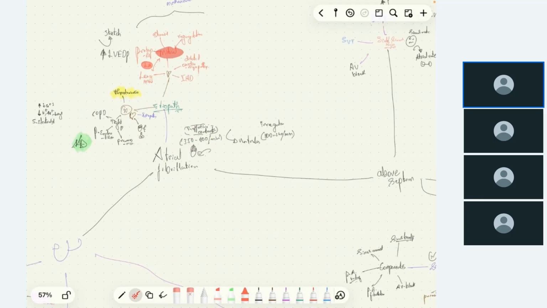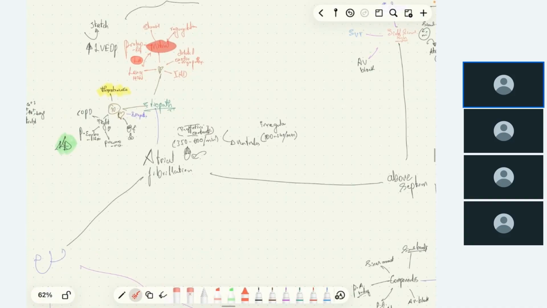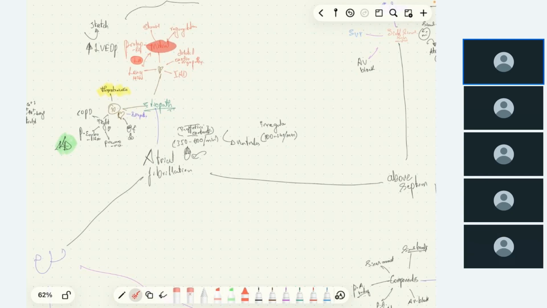Now, what is atrial fibrillation? Atrial fibrillation is an atrial rate between 350 to 600 per minute, which leads to ineffective contraction of the atria. The atria will be like grrr, like a vibratory machine. If it vibrates so fast, it will not be able to contract adequately. So there is impaired atrial contraction due to this 350 to 600 per minute rate,